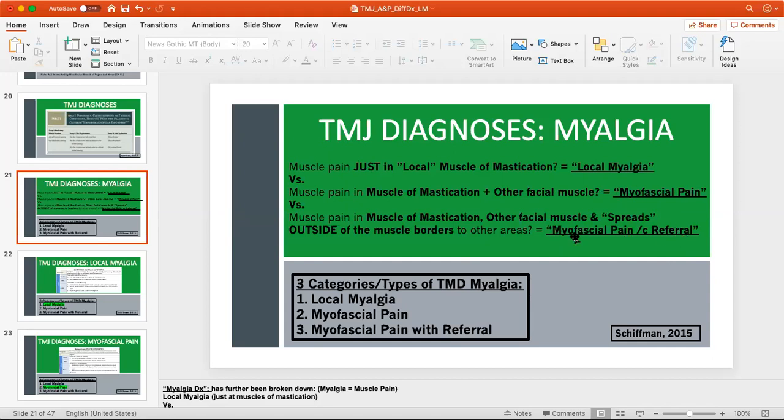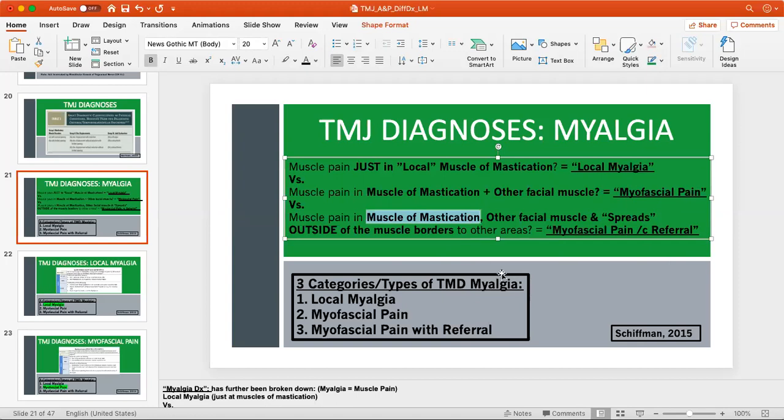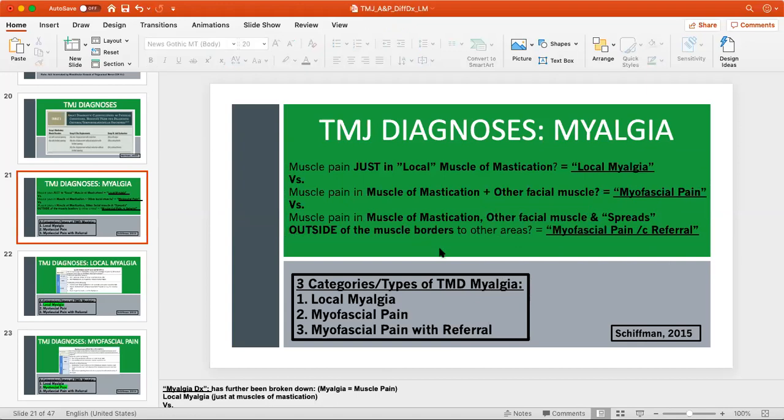This sort of pain is less well defined. And what we see is that there's pain referral outside of the muscle of mastication that's involved, the other facial muscles that are involved, to some other area outside of the muscle borders. So that could be referral to the TMJ joint, could be referral to eye, ears, other areas of the face and neck. But it's more of this global pain that we see with a myofascial pain syndrome or myofascial pain with referral. So those are kind of your three stages or levels, and hopefully that gives you a better sense for how to define those